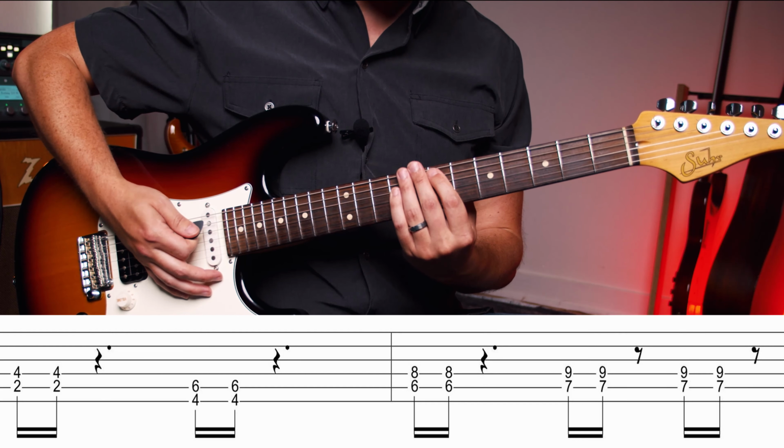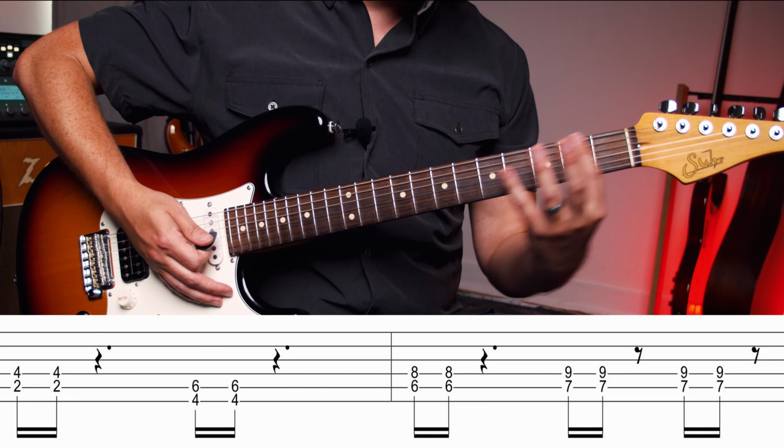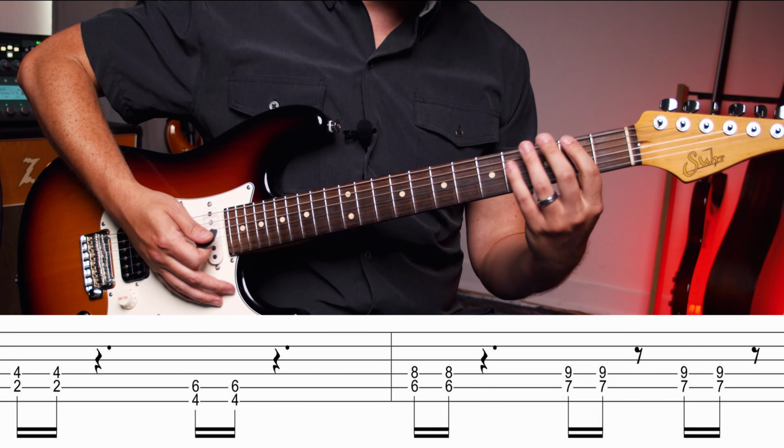So, still just those rests in between. That's kind of the key. So from the beginning of this verse part,